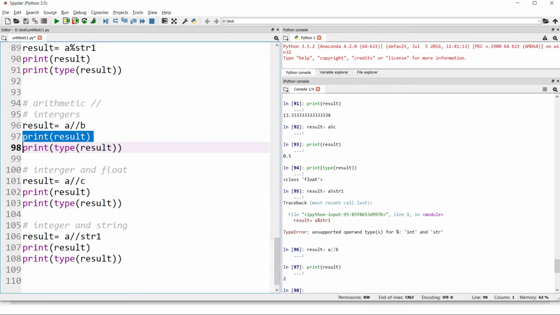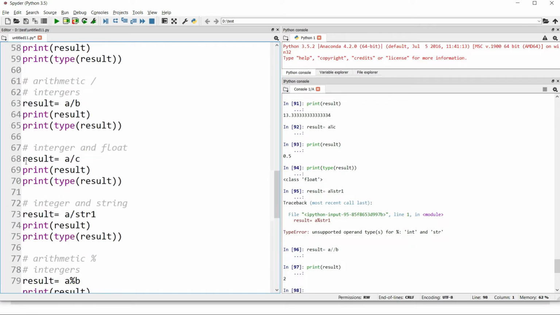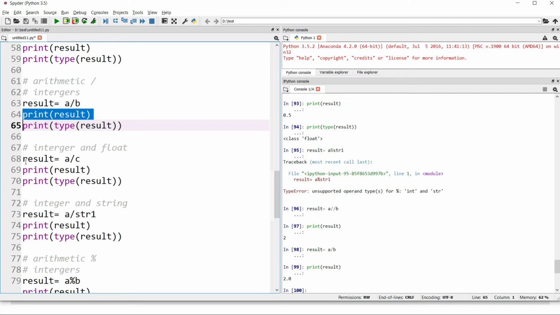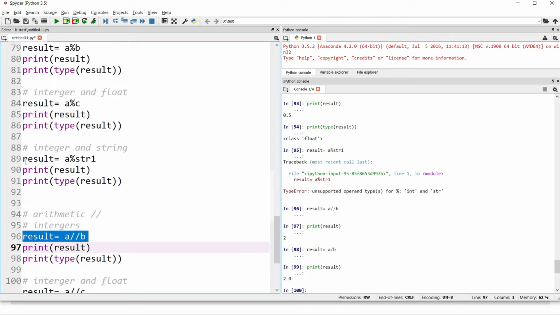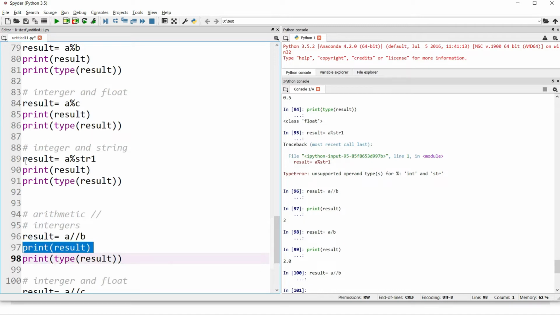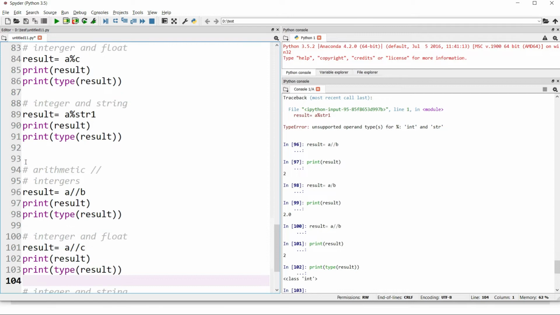Let's see the integer part. It's 2, because when I divided 20 by 10, I used to get 2.0. Yes, I divided two integers over here and the result was 2.0. Now when I apply floor division between the same numbers, I get 2, only the integer part, right?